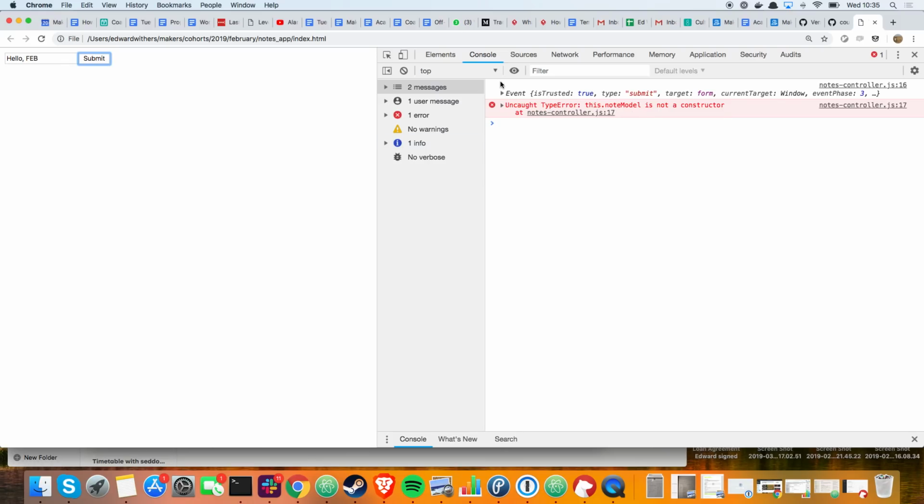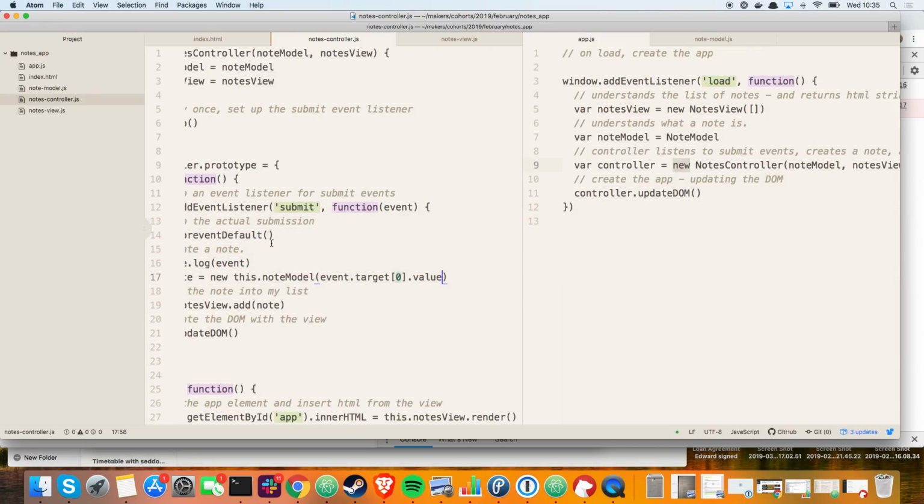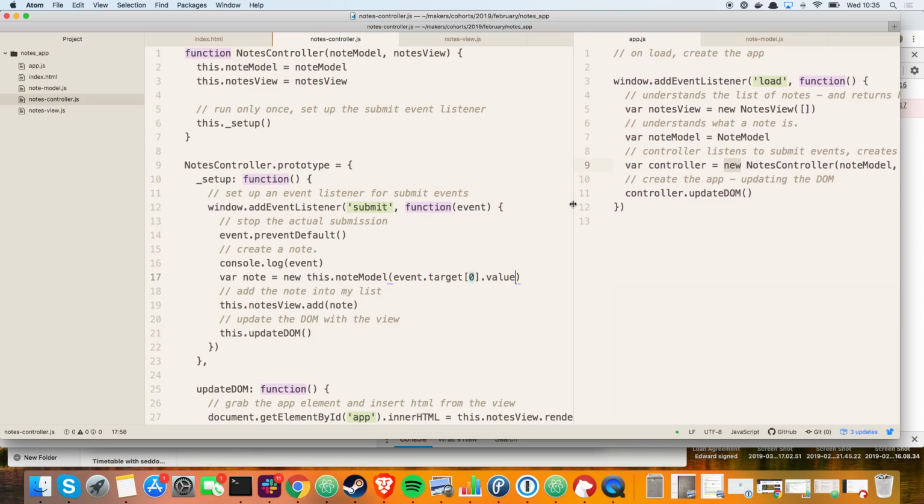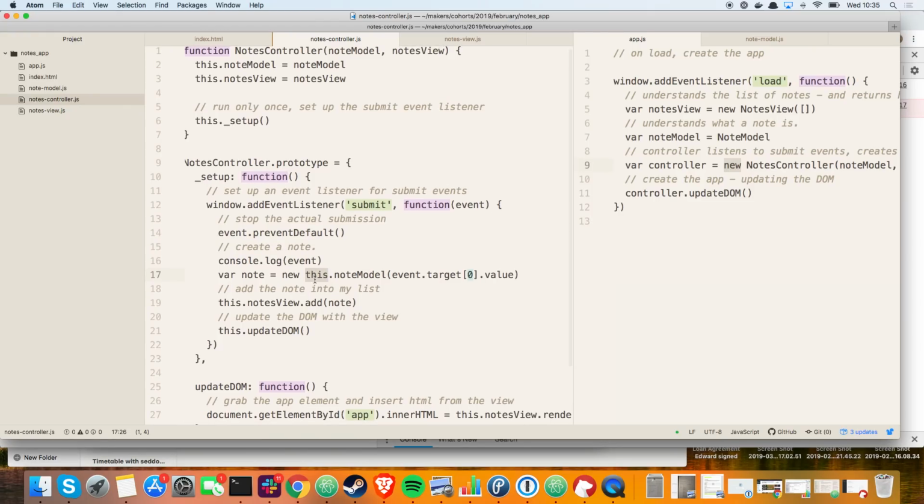Cool. Okay, so next error is uncaught type error. This note model is not a constructor. Looking at line 17 in my controller. Okay, so here's an interesting fact. On line 17, it says that it doesn't know what this note model is. And this is, if we think back to yesterday when we're trying to log out how this changes, this is no longer